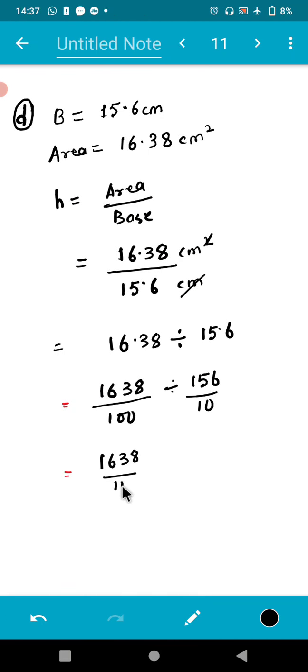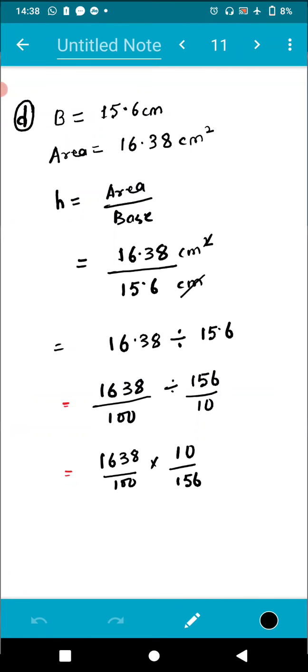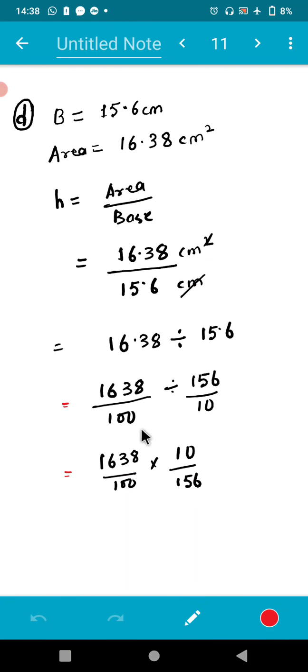1638 by 100 into 10 by 156, isn't it? Now we'll reduce it to the lowest form. So now 2 8s are, 2 19s are, okay, 2 78s are. Now again we can reduce these two numbers with 3. 2 73s are,